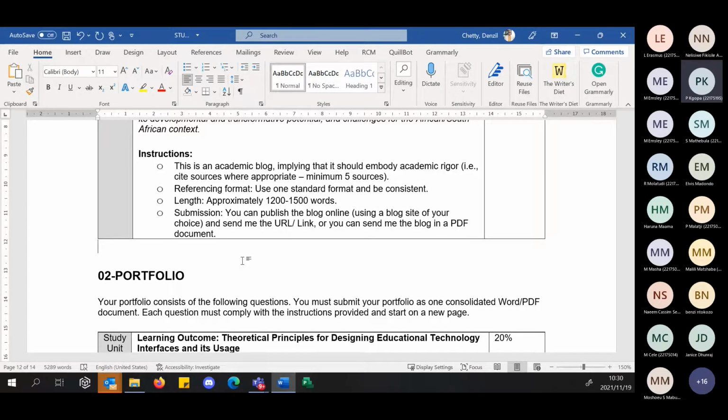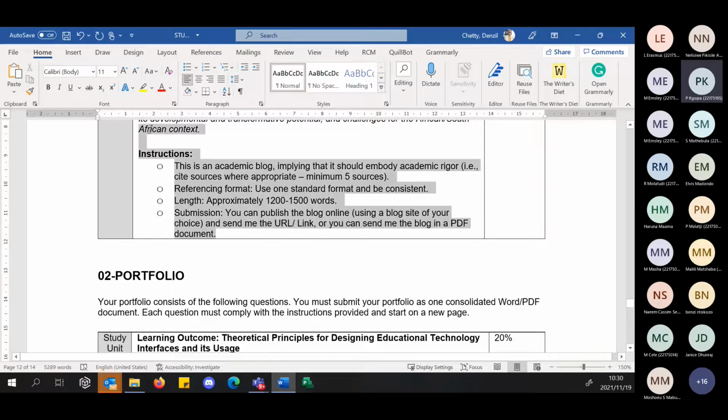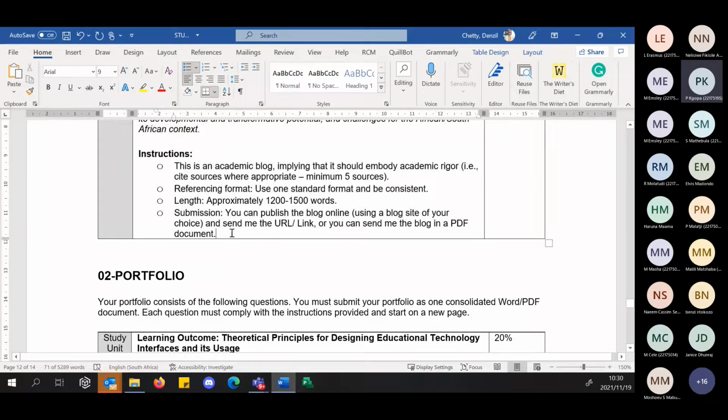Thanks, John. Okay, so colleagues, this was the first one. I think everybody grasped that quite well and has an idea. If you're still stuck with this one and you're having challenges, you can just drop me an email. And remember, colleagues, I said you can submit everything by the 26th. So even if you didn't submit assignment 1, that's perfectly fine. You can submit assignment 1 and the portfolio together. Okay, so that's assignment 1.